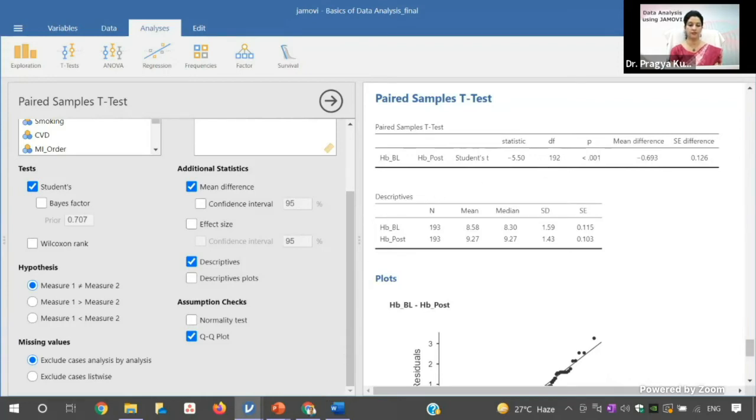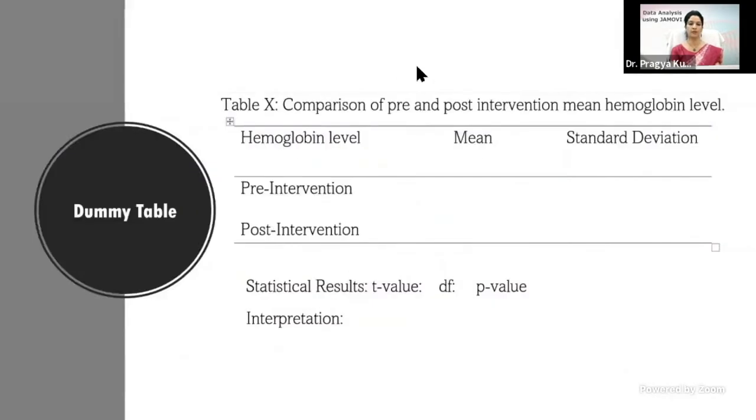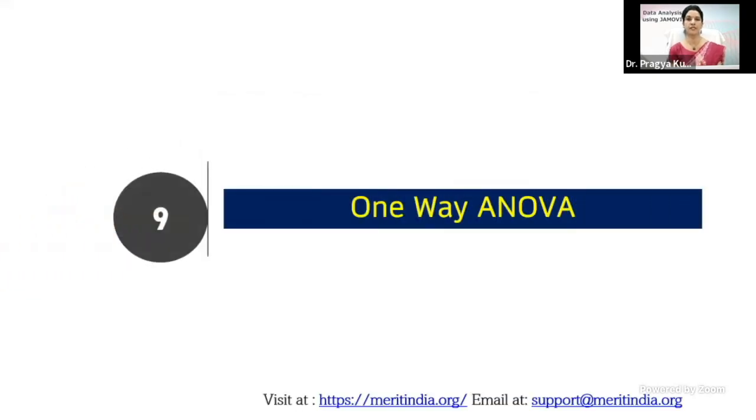So if you have to enter the result, the dummy table will be like this. There will be the pre-intervention and the post-intervention mean hemoglobin level and its standard deviation. Then you have to write in the footnote the t value, the degree of freedom, p value, and its interpretation. Now, we have seen till now how to import the data,